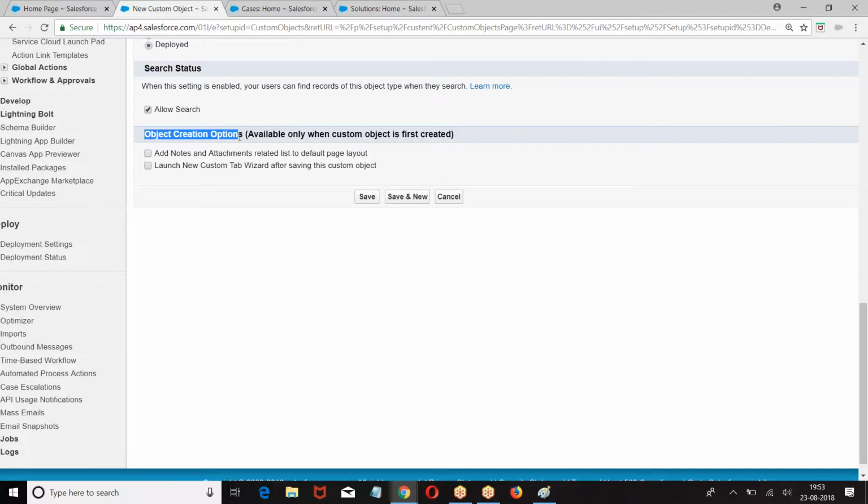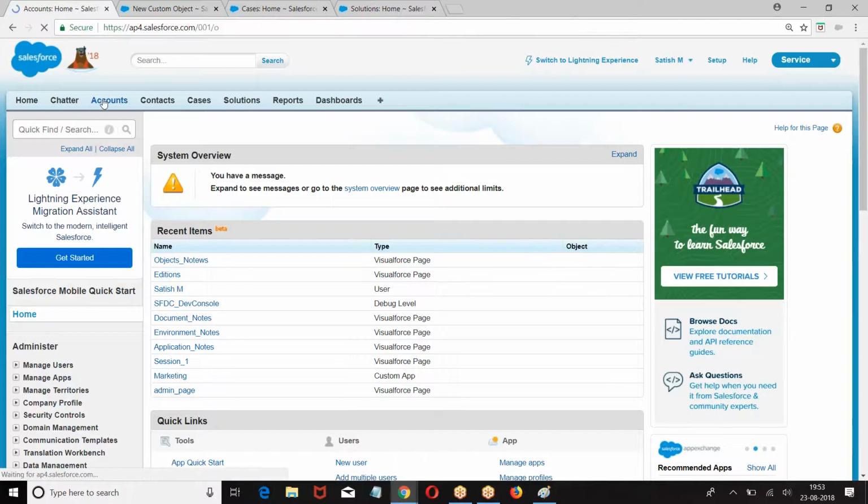What are they? One-time object creation options. Add notes and attachments. This will add notes and attachments on the object.